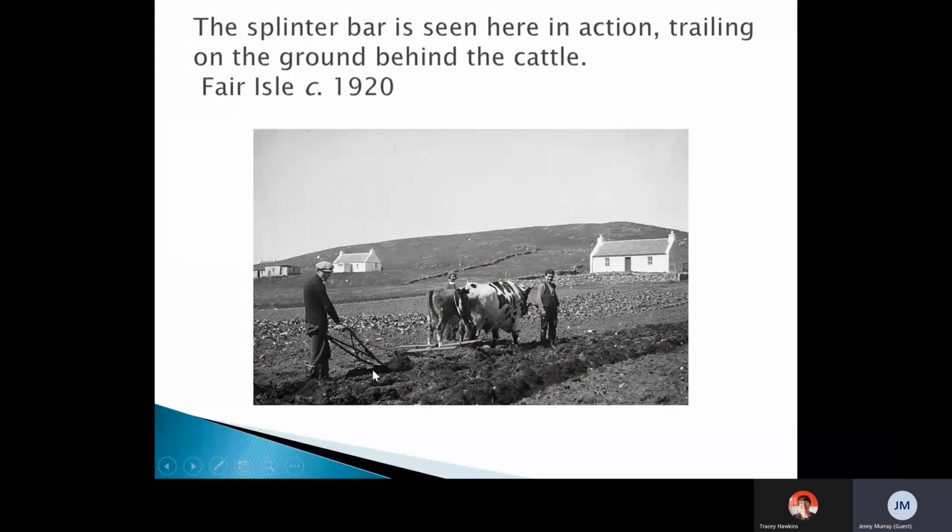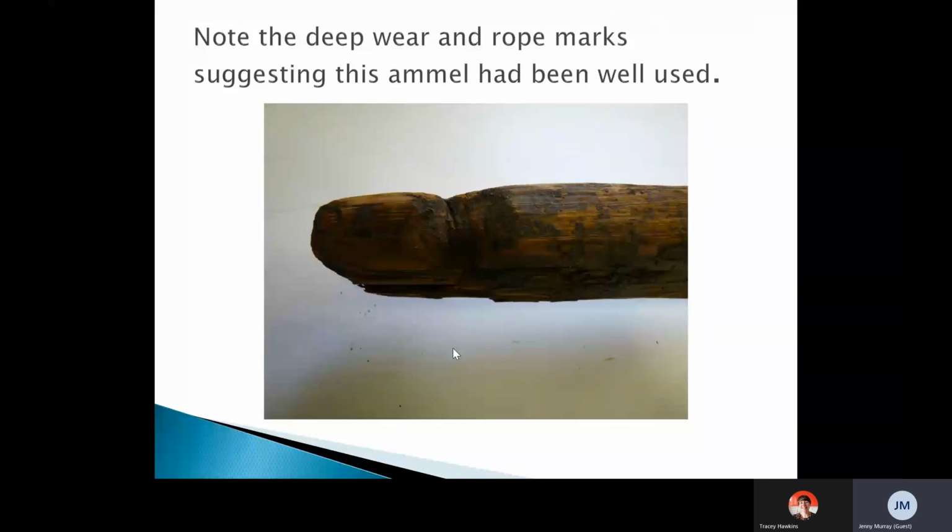Found 3 to 4 foot down in the peat in a peat bank at Araclett in Bixter in 1953, our splinter bar had been mistakenly recorded in the museum record as a barrel stave, but when we examined it with new eyes, we could see that it was actually what it was, and as this slide shows, you can clearly see where the ropes had been attached at each end, and you can see the deep wear caused by the ropes. The splinter bar is constructed,